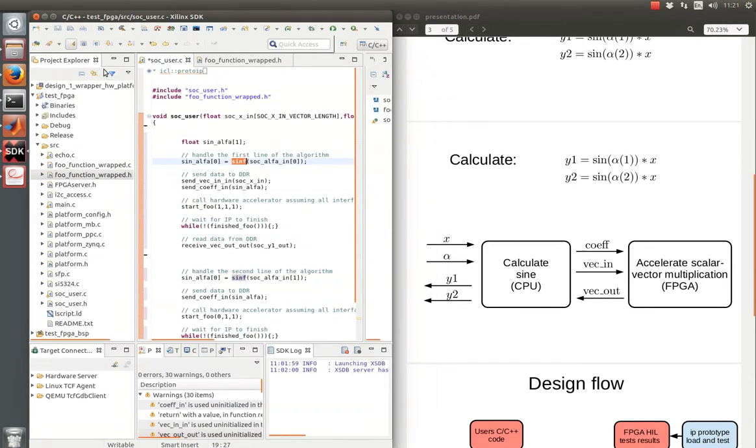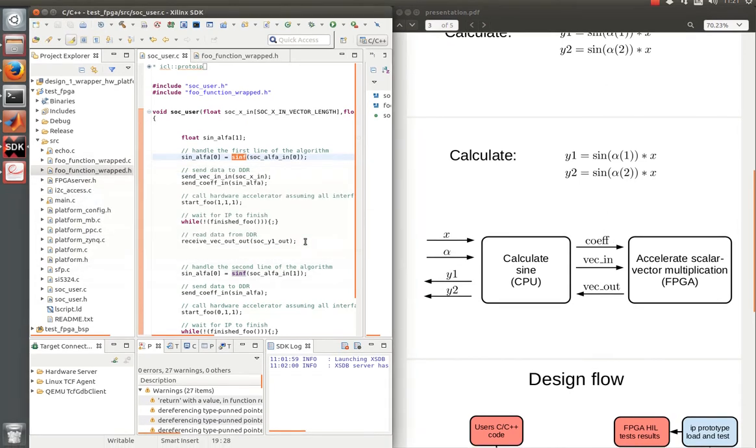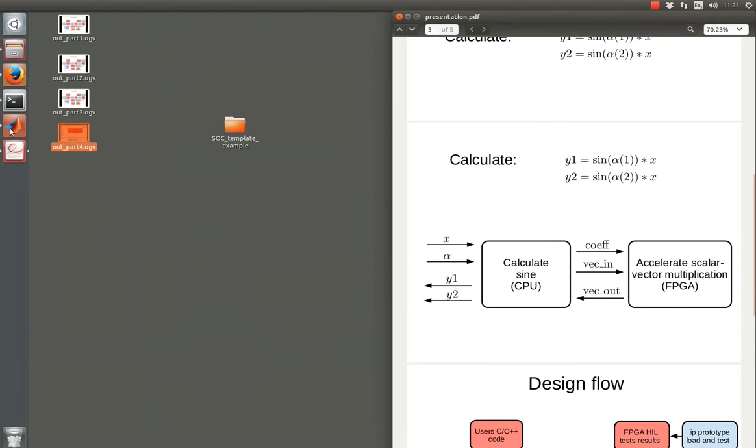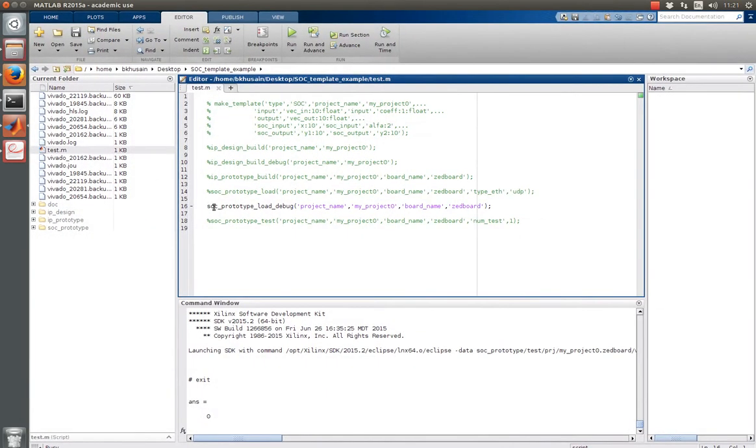Note that this operation has to be performed when GCC compiler is used. On Windows machine, this is done by default. So this operation of linking the library should be performed only on Linux machines that use GCC. So now we save the project, close it. Okay. We come back to MATLAB environment, and now we call SoC prototype load function again, but keep